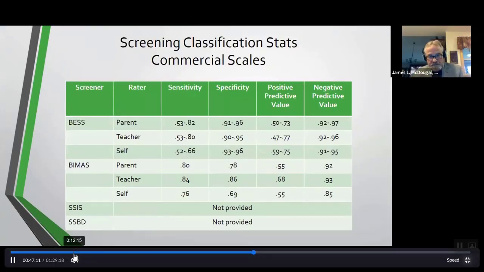And so the sensitivity of scales from the parent to the teacher to the self range from midpoint 7 to 8, with the teacher being the highest, around 85%. Specificity, same kind of thing. And so other procedures or scales, the SSIS and the SSBD, don't have classification stats, so we don't know how